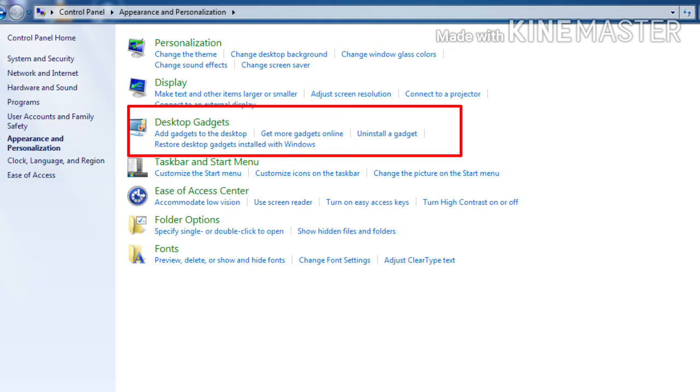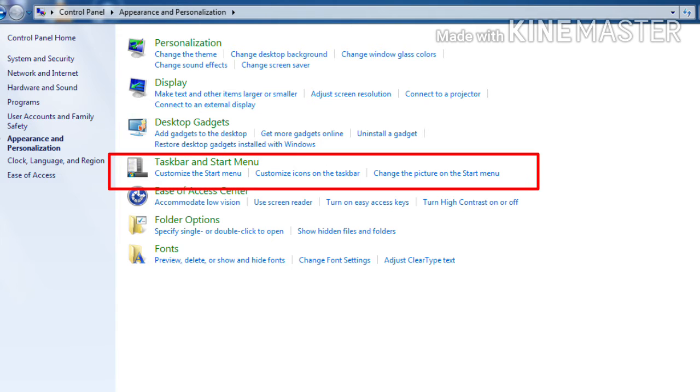The next one is taskbar and start menu, and through this applet you can customize different options like the start menu, taskbar and toolbars. Also you can change the picture on the start menu, that is the account picture.